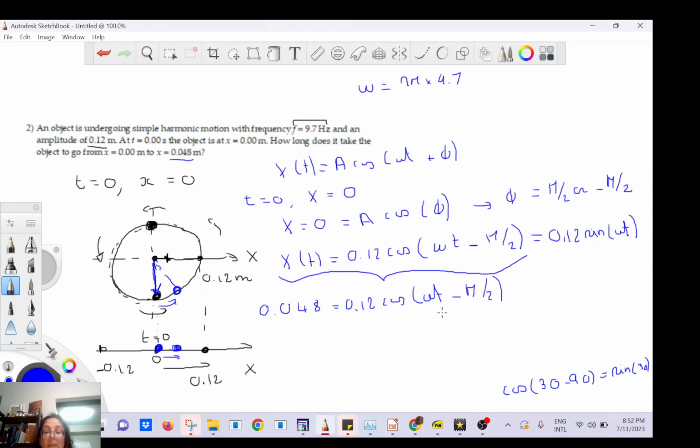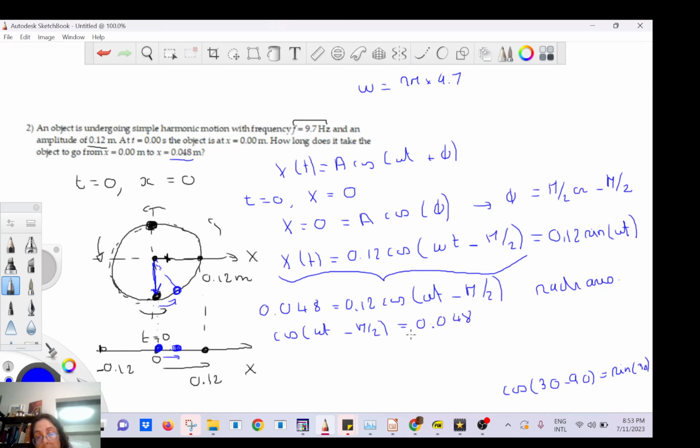Then I have to decide if I stay in radians or go in degrees. Usually you stay in radians, but then your calculator has to be switched to radians. So cosine of omega t minus pi over 2